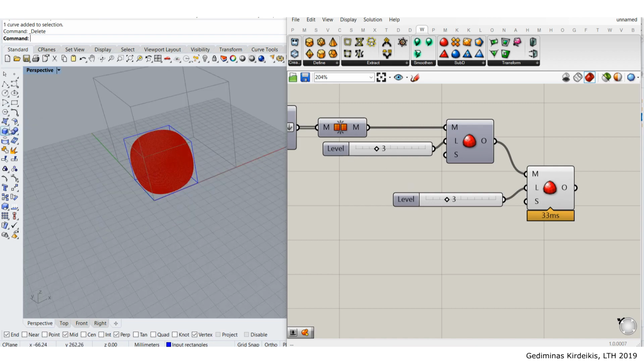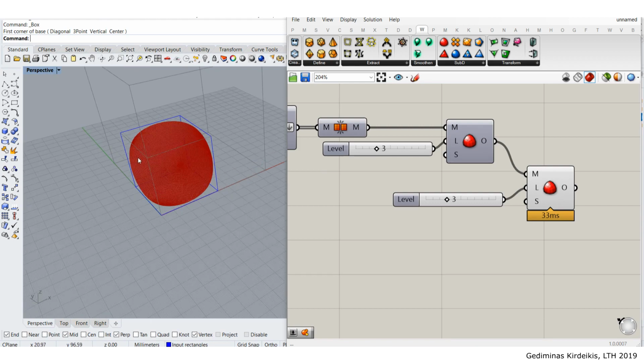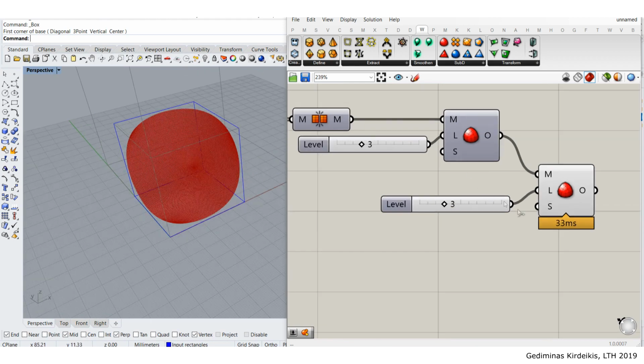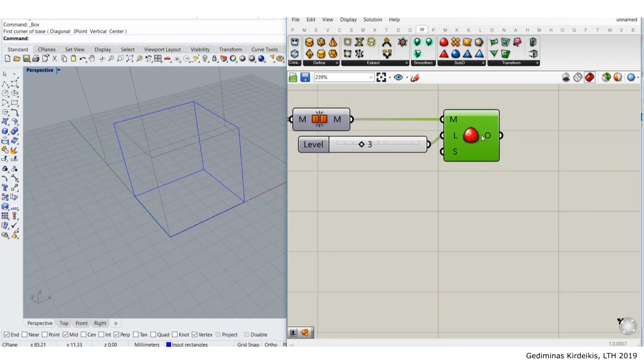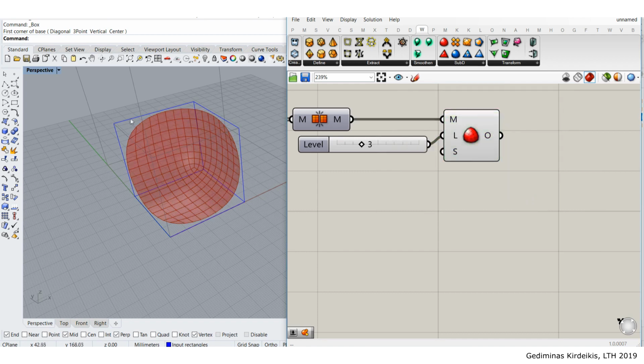Another way would be just to create 3 surfaces and use the mesh command in Rhino to just mesh them, but this produces a much cleaner topology. And also, let me just get rid of that one. This rounding, if you don't like this rounding, you can also